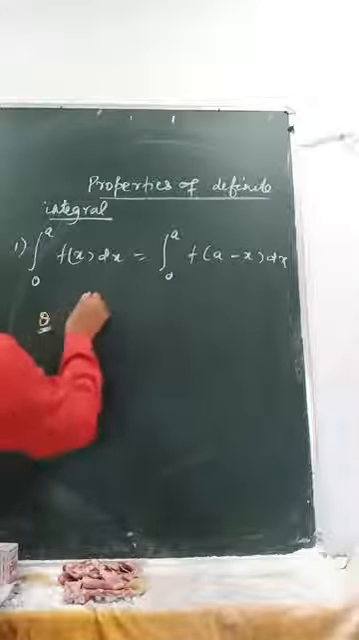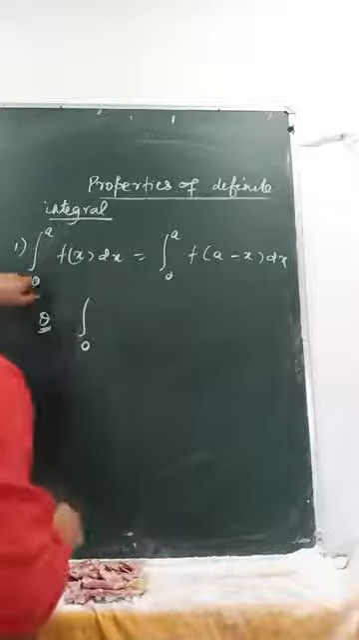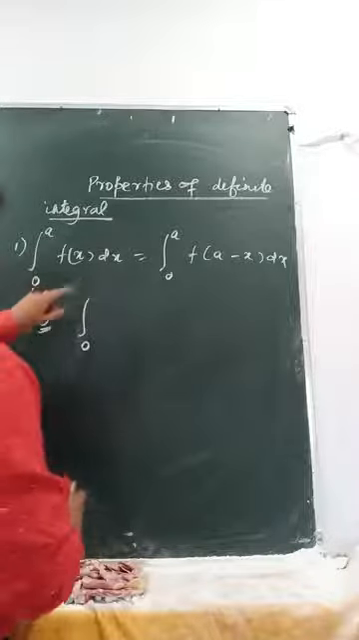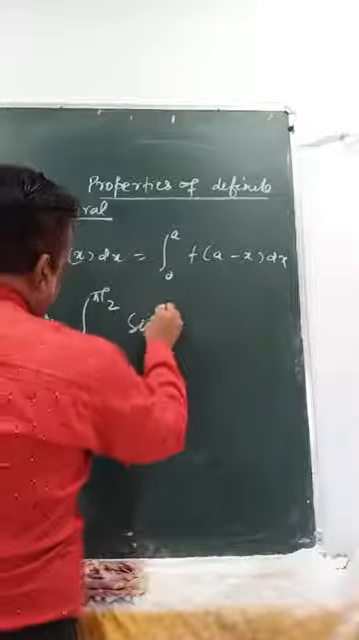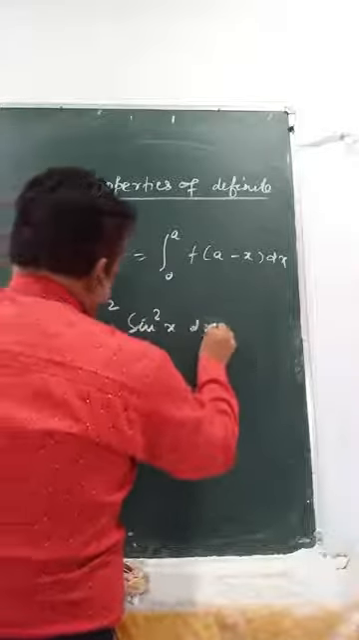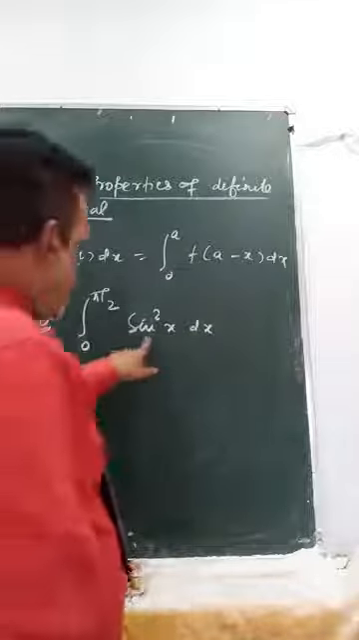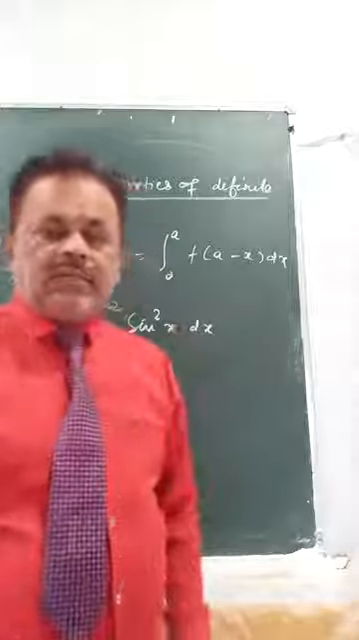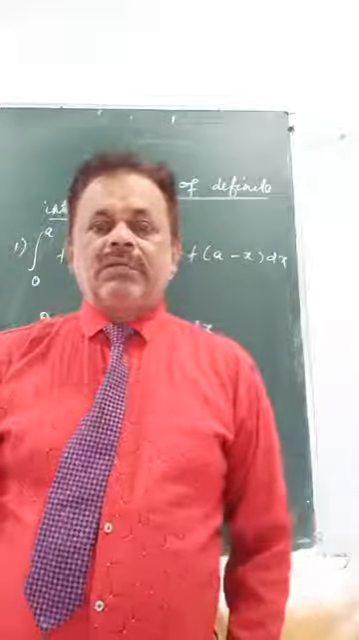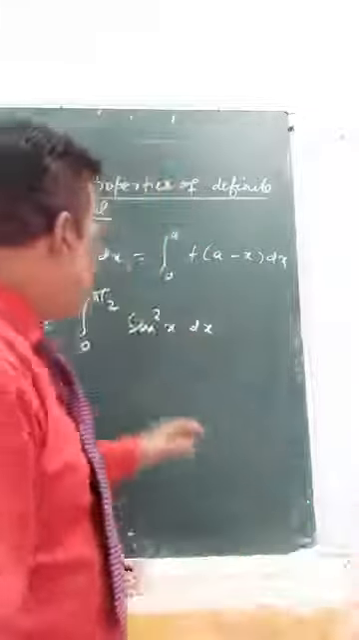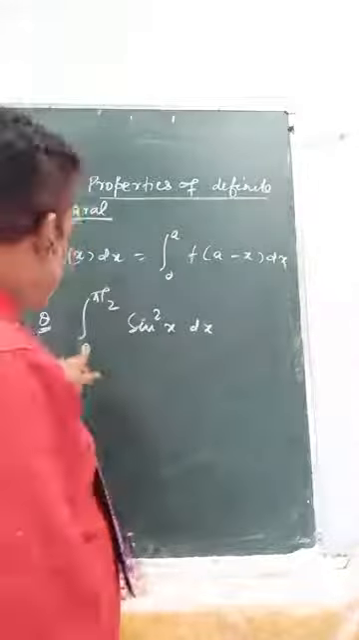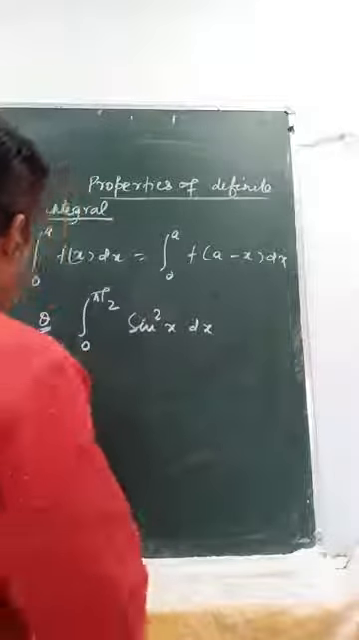Suppose you have the limit 0 to a form, 0 to anything, 0 to pi by 2, suppose sin square x dx. Earlier you were using the formula sin square x is (1 minus cos 2x) by 2. That was lengthy. There is another method, but the condition is the limit should be 0 to a form. So let's write